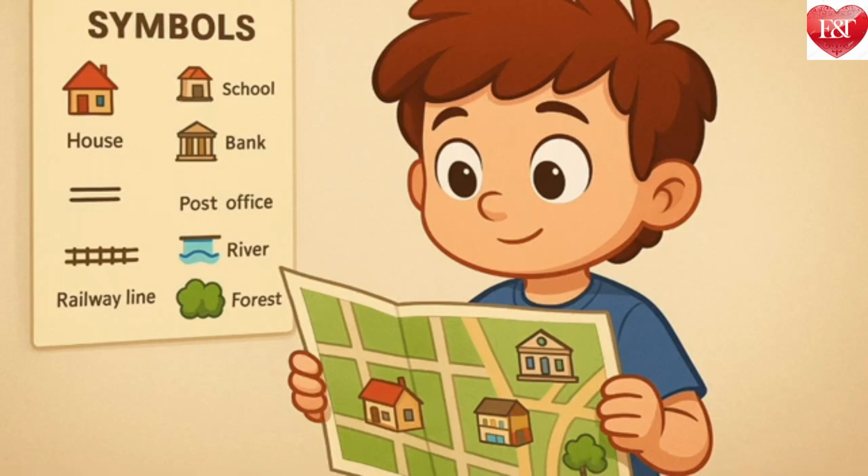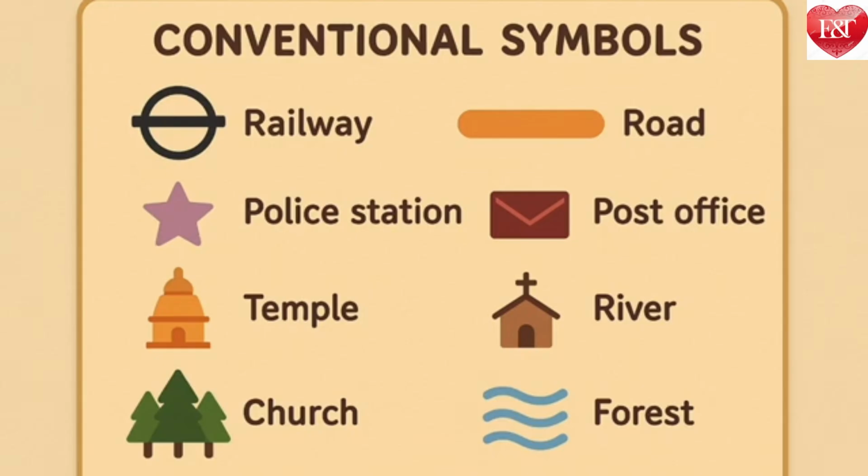To make maps more easily understood by a variety of users, map makers use specific symbols. Different countries use different sets of symbols. The Survey of India, a government body, has fixed a set of symbols for maps of India or parts of India. A small selection of them is shown on page 12.